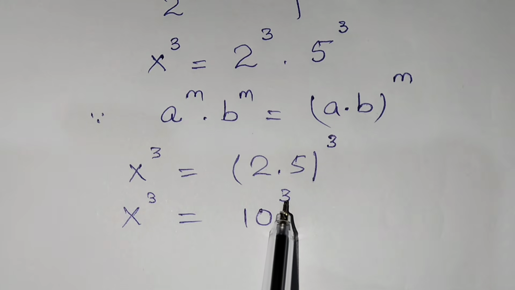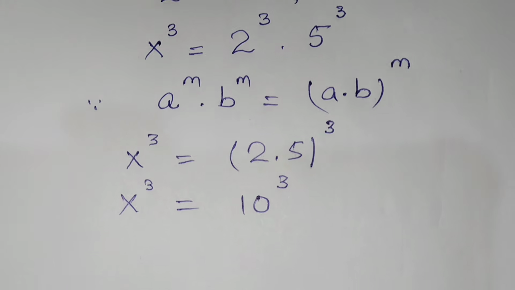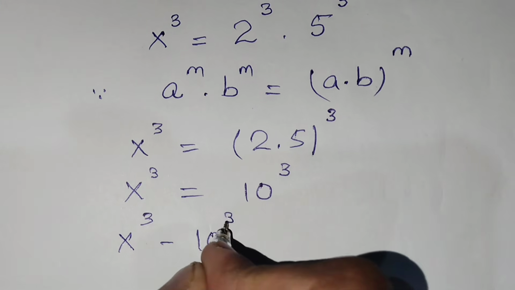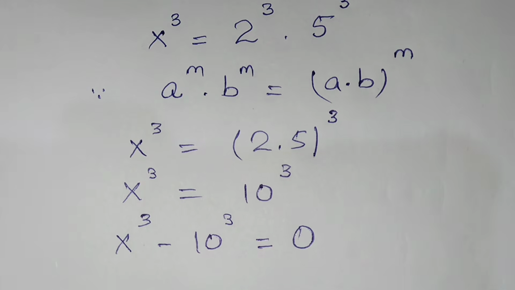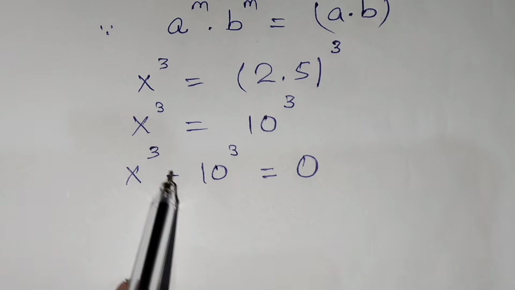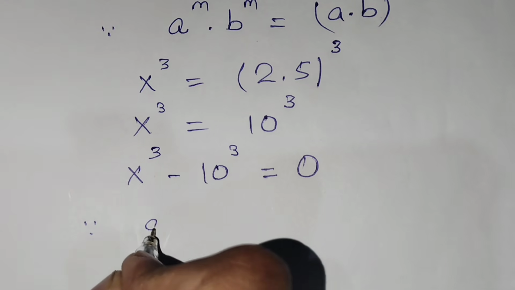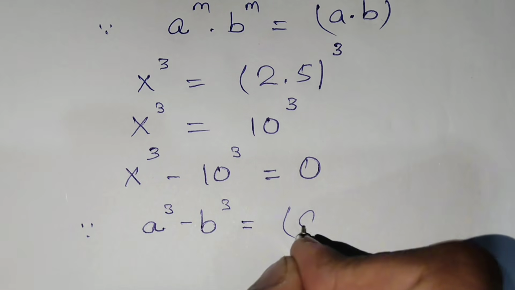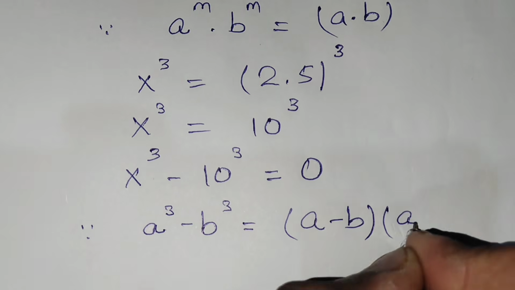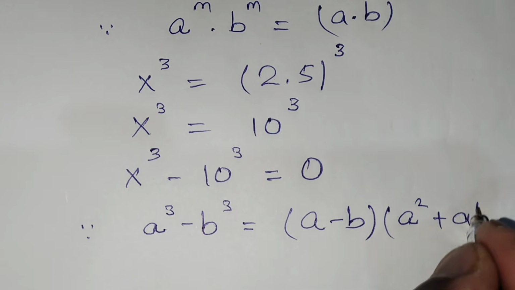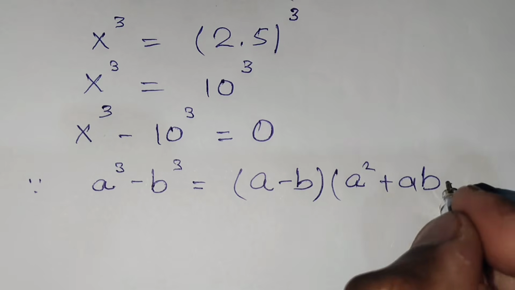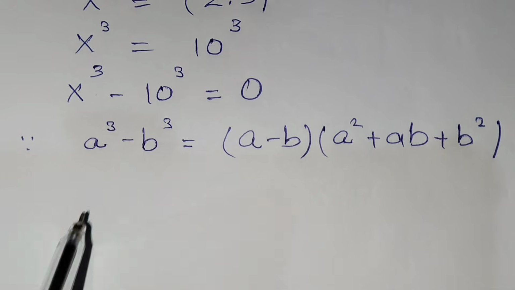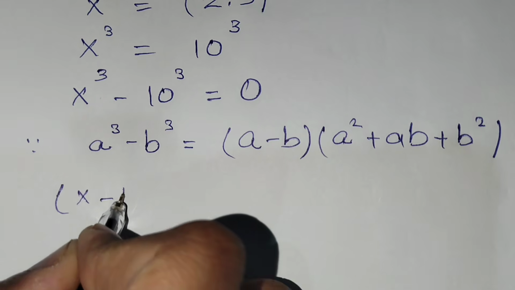Subtract 10^3 on both sides, we get x cube minus 10 cube is equal to 0. What is this? This is the a cube minus b cube formula. We know that a cube minus b cube is equal to (a minus b) times (a square plus ab plus b square). So our equation becomes (x minus 10)